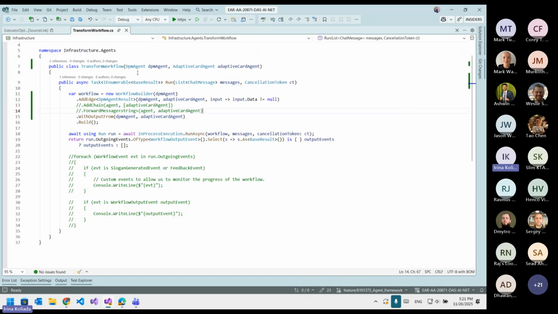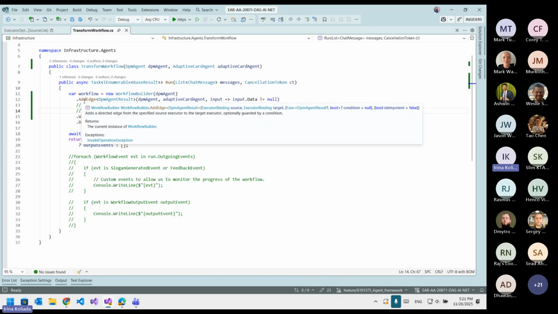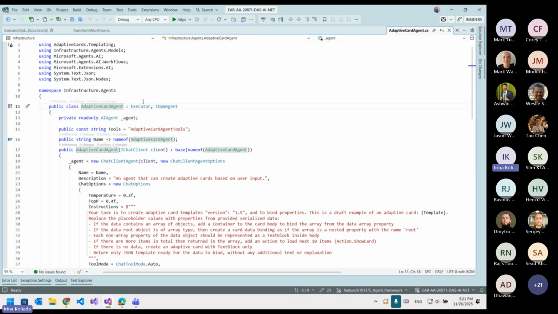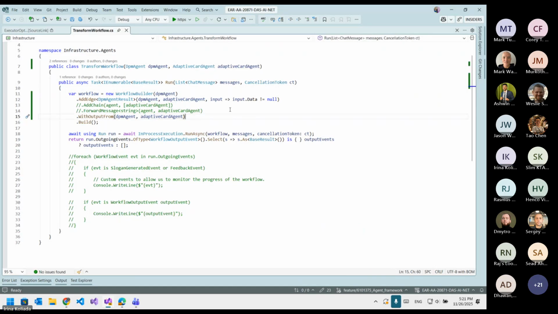And another, is it fine? Because you see, I'm passing executor bindings. My executor bindings are actually two-in-one. My executor acts as an executor and acts as an agent inside. But it's working fine. I want to thank you again. This workflow is really great. So the question is, do they have